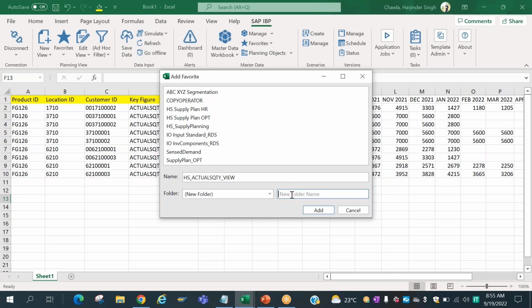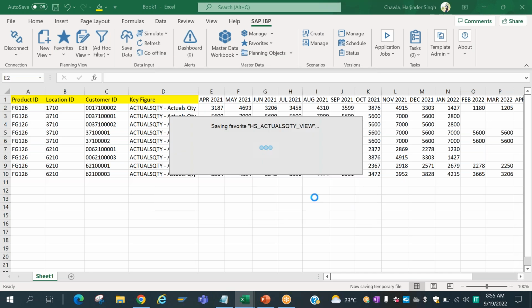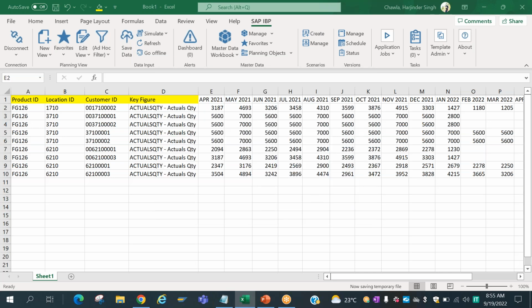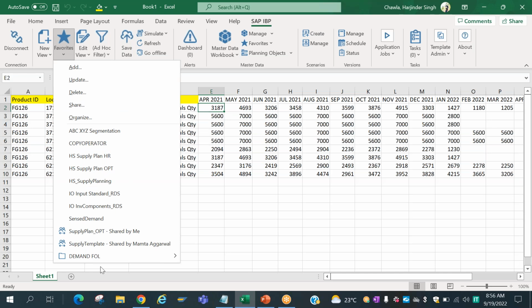I can do that. If I say add, let's say that now the next time I'm coming into the system, I'll just go to this favorite.